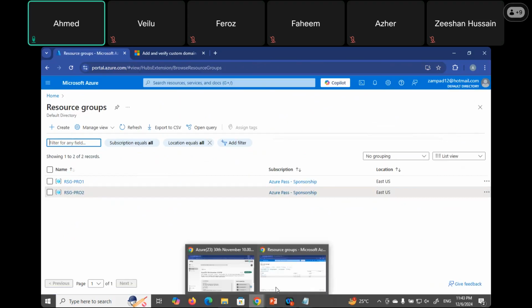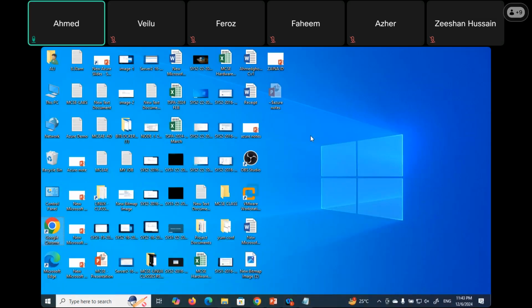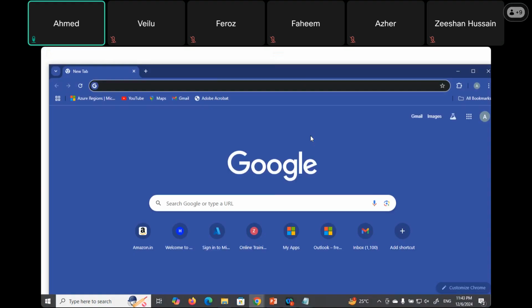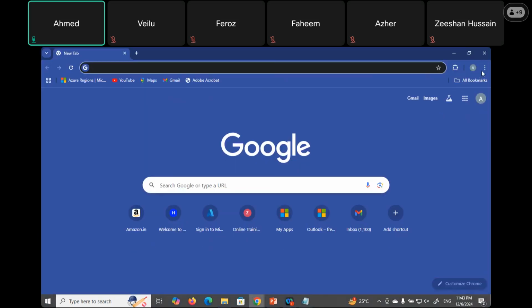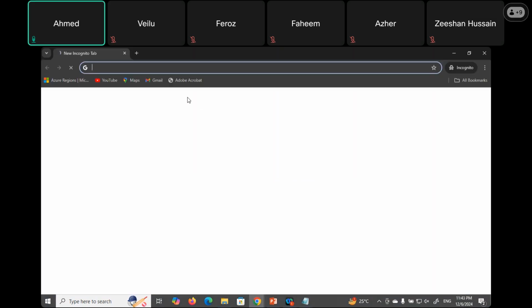So you can use any other browser, guys. But I'm using the same browser, Google Chrome. But don't type portal.azure.com to sign in with your same account, and not with the user. So here, what we have to do, guys, in this page, we have to go to the three dots and open a new incognito window, guys. Click on this,